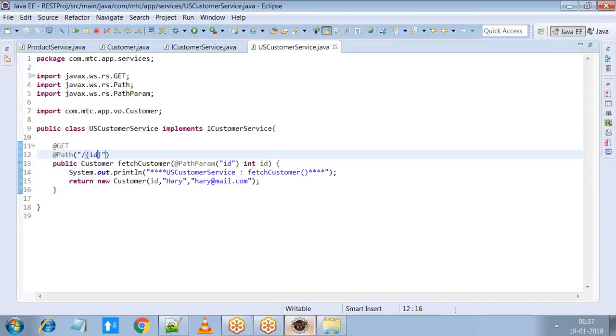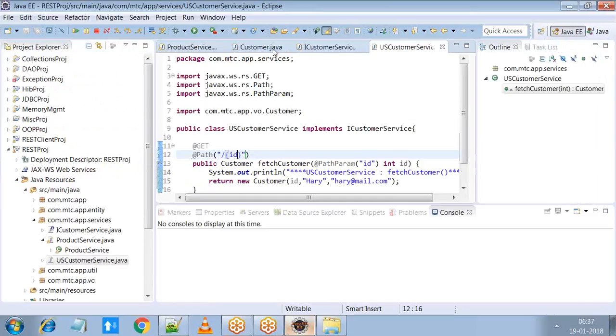Then how will you access these services? We'll see. First of all, what we'll do here is define